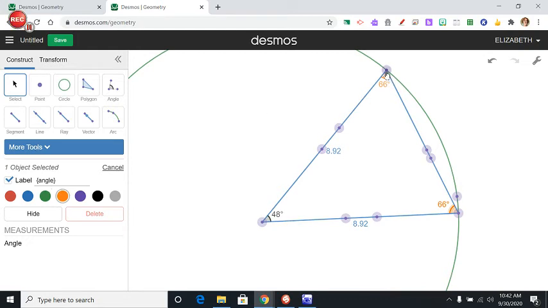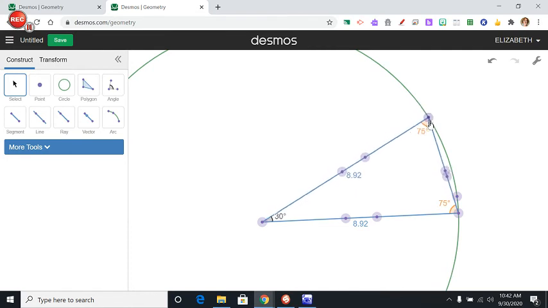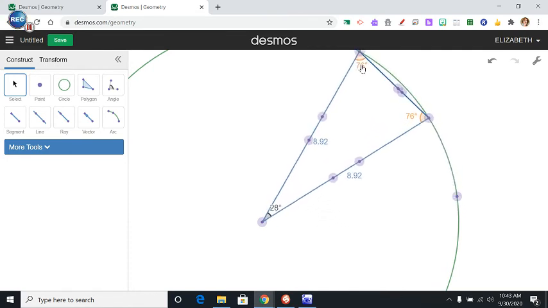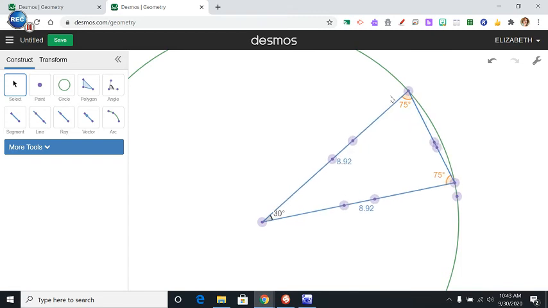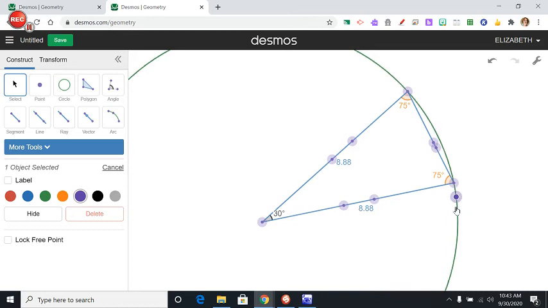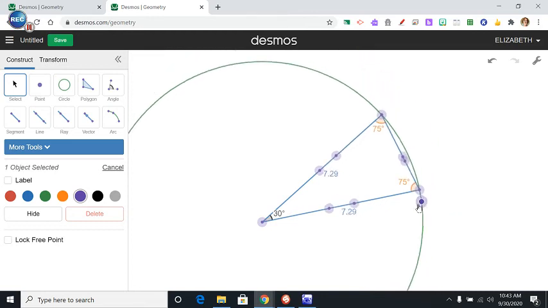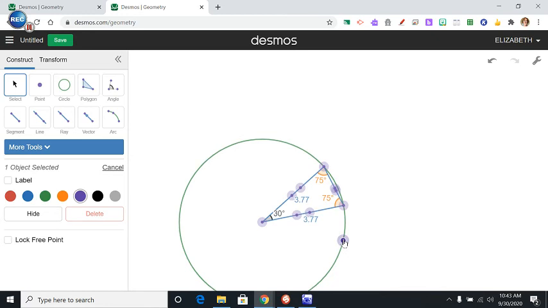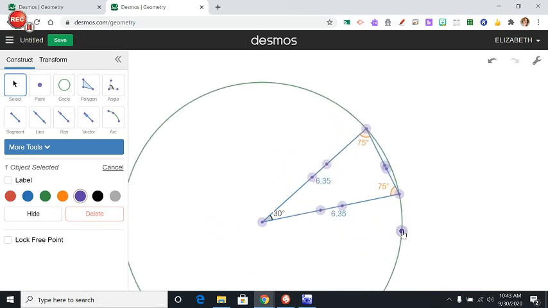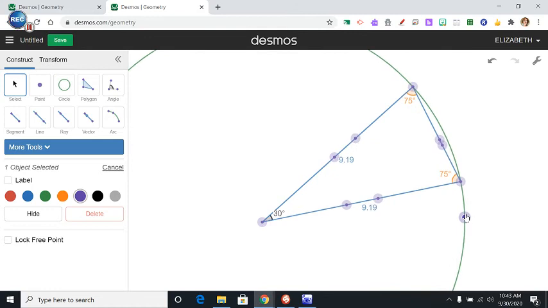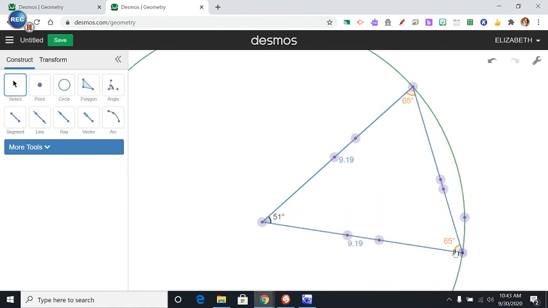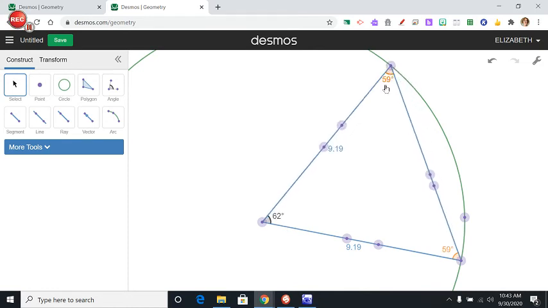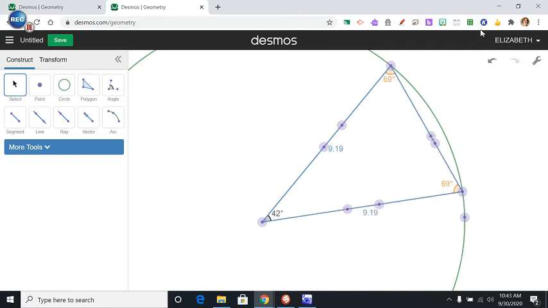Now I'm going to just show you, and you can do this, it doesn't matter what size those 2 angles are. And I could even change the size of my circle. You can do that. There's a point on your circle, and if you click on that point, you can change the radius of your circle. Notice those 2 angles are always staying the same. And it doesn't matter if I make this angle over here, this is called the vertex angle, bigger, those 2 angles are still remaining the same. And that is because